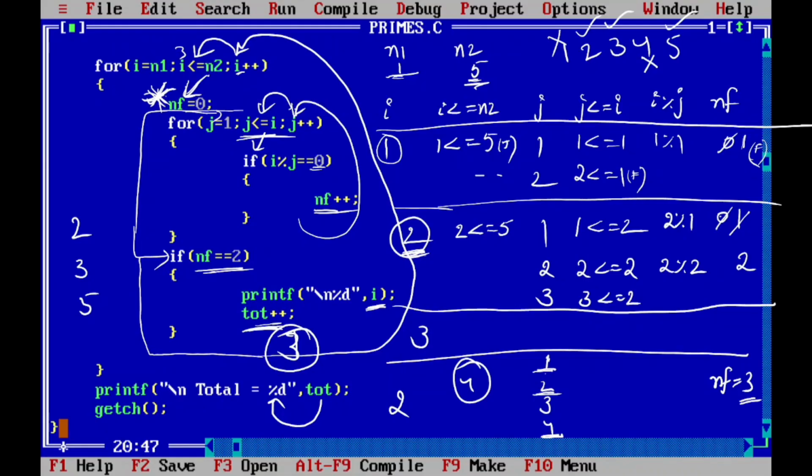I hope you understand each and every point in this particular program. Don't memorize anything. Try yourself. First listen to this program. Try to understand each and every point. After that go to editor. Try yourself. Then compile and execute. If any errors are there, rectify those errors. Then finally get the output. If you do like this, you will not forget this program in your lifetime. This is very important in programming. You have to try yourself. Don't memorize anything. Don't depend upon anyone. Learn one by one, step by step.